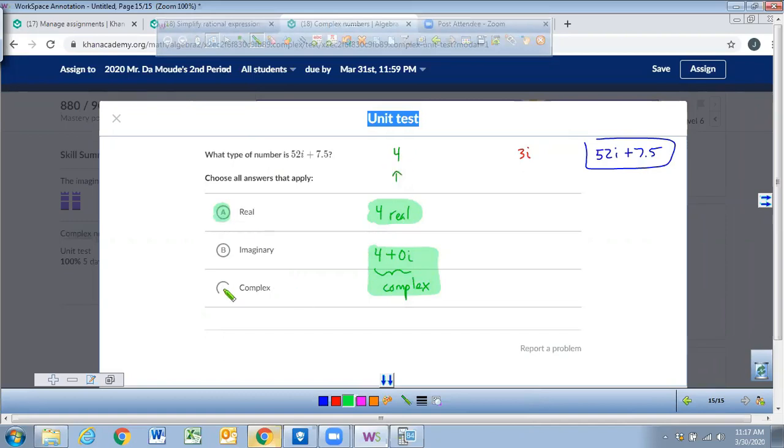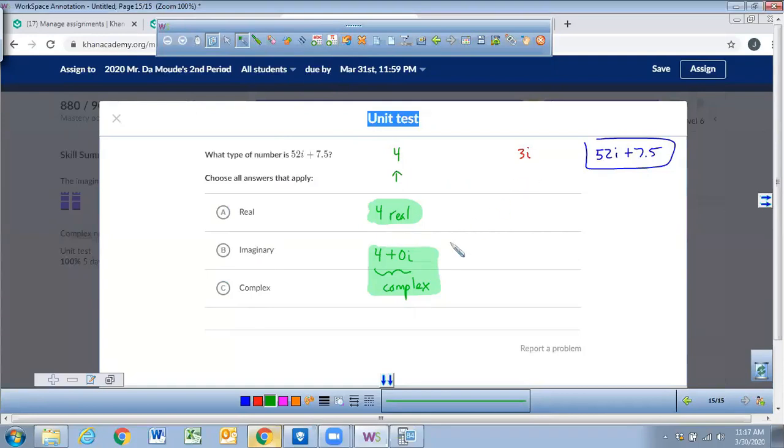Real and complex for your answer. So far, so good? So if they just give you a constant, like the number 4, or 5, or 10, or -2, what do you choose? Real and complex. But what if they gave you just the 3i? Well, 3i is a pure imaginary number,